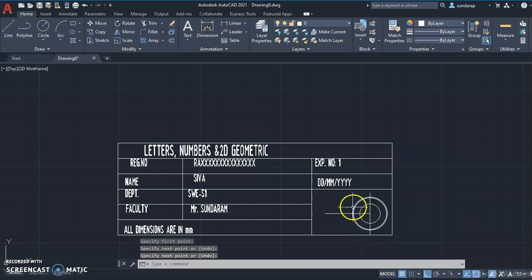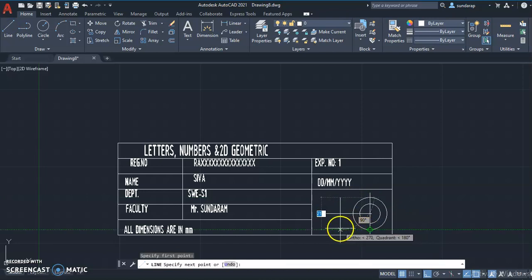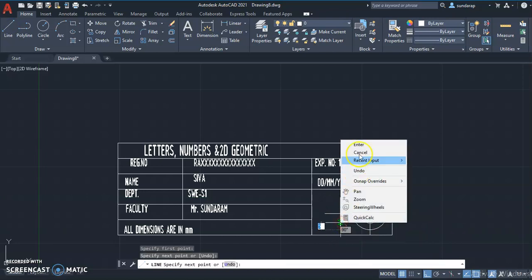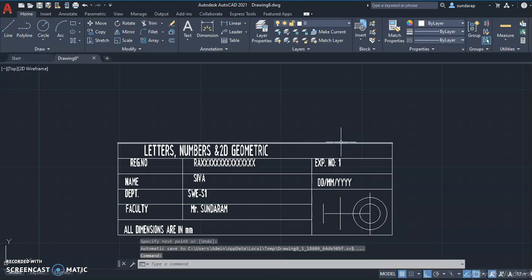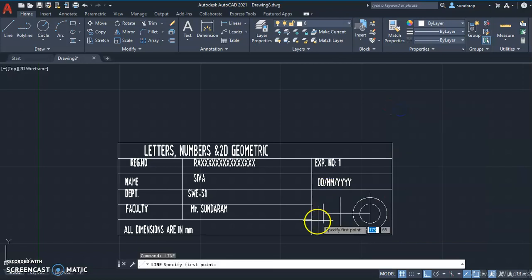Then you can draw one line for the larger diameter length, and draw one more line for the smaller diameter length. And repeat the command, right click, repeat the command.